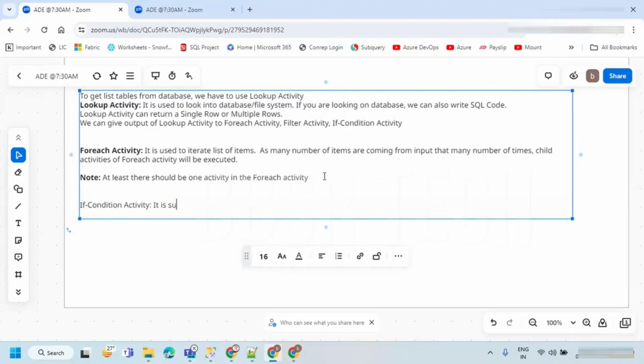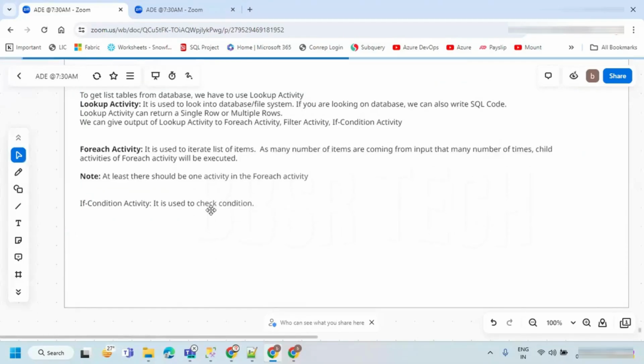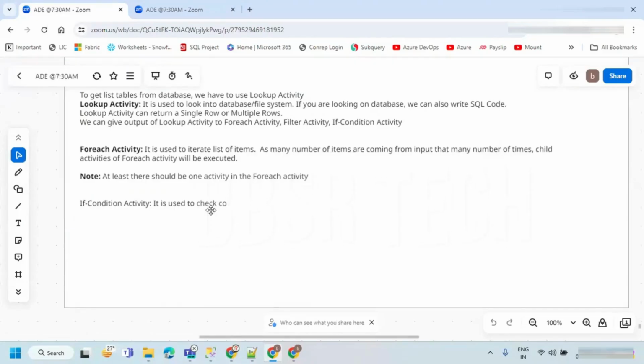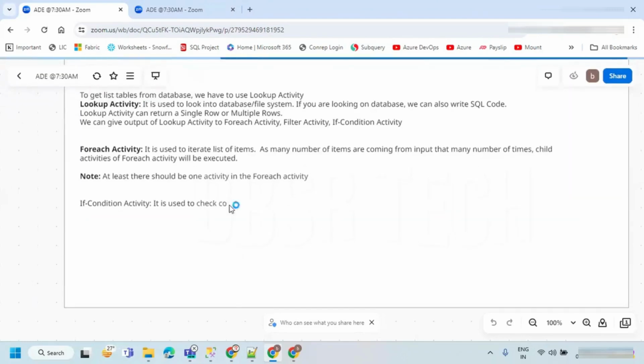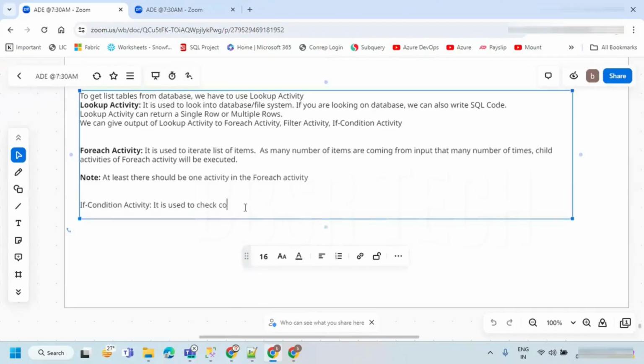It is used to check a condition. So we're always going to check the condition. What happens if the condition is succeeded, and what happens if the condition is failed? That we are going to see as part of this. A condition always returns either true or false.